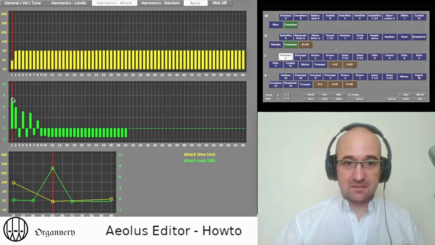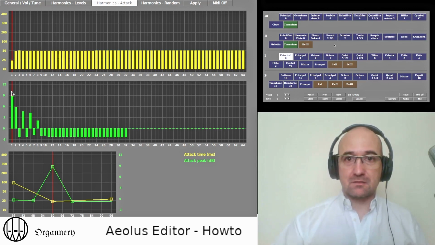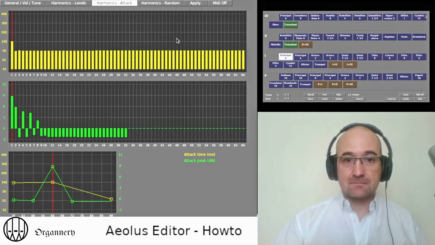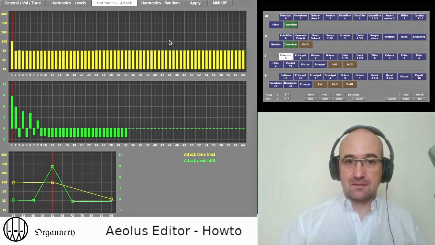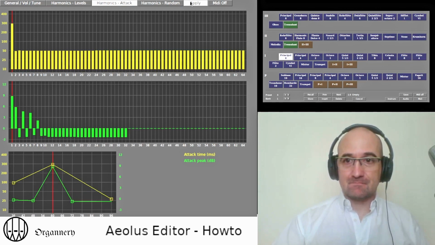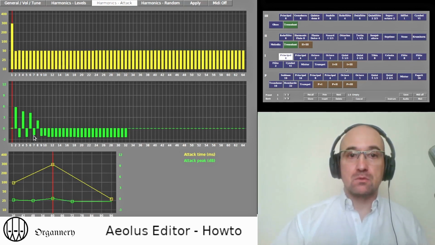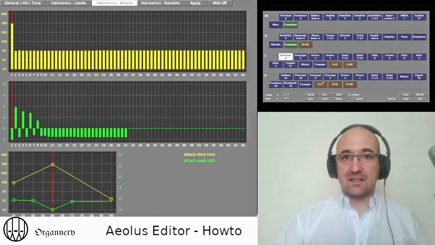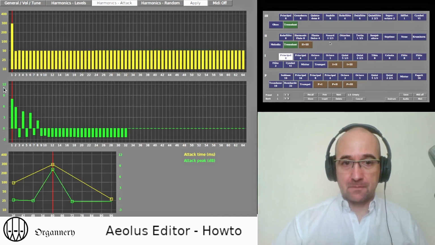Let's start with a boost, as we only have one harmonic for now. You can hear the attack peak. Let's make it longer. Can you hear it? Yeah. Make it very short. Now a very long attack without any peak, and with a minimum peak, it has a little hole before coming up.